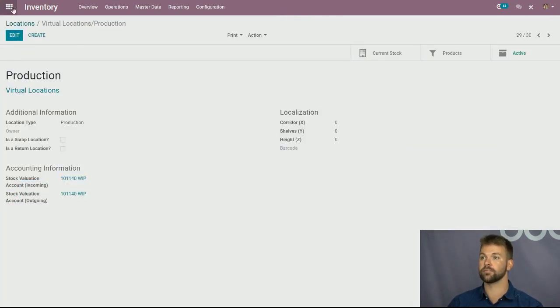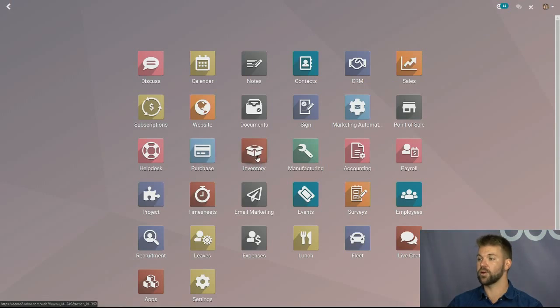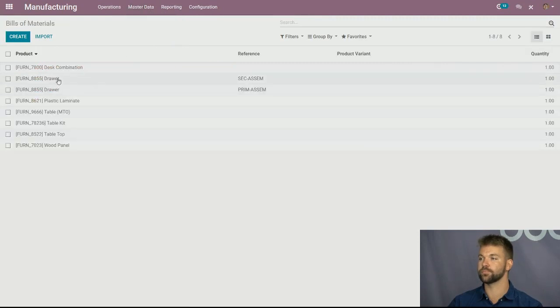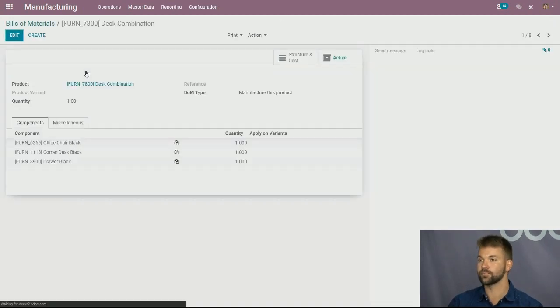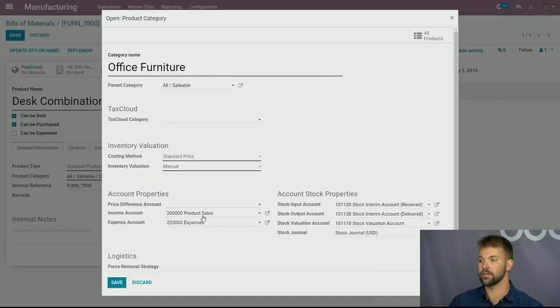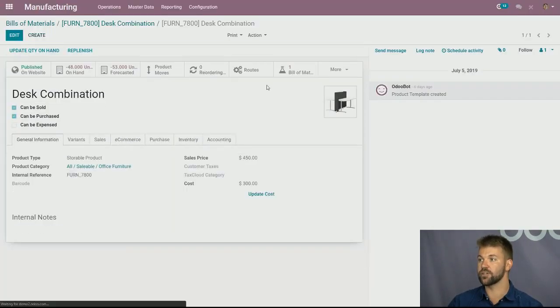So that means, assuming we have a product set up for it, let's see if we have a product for bill of material. Let's see, pick any of them really. So for instance, a desk combination, you would want to turn on automated, specify the account you want here, specify the accounts there. Now the bill of material products as well. And so when you